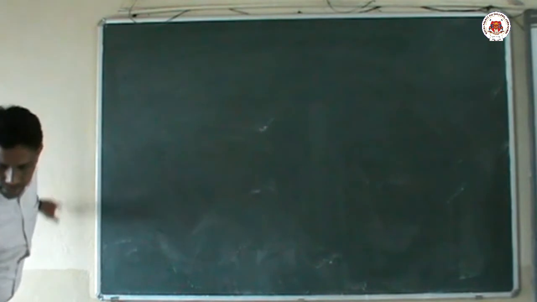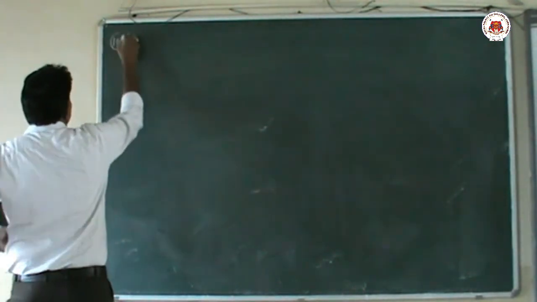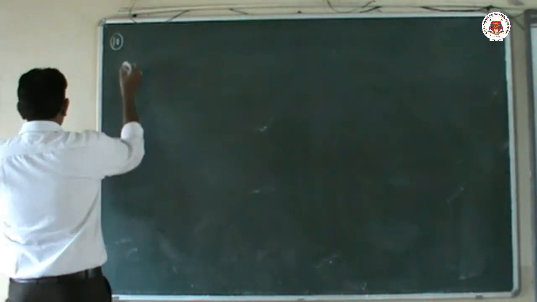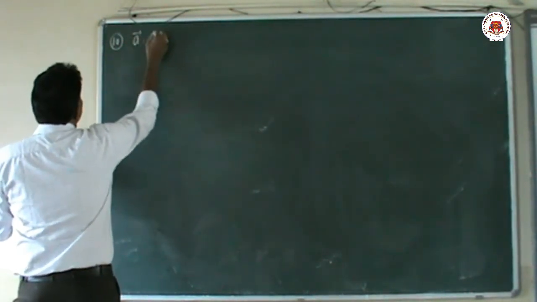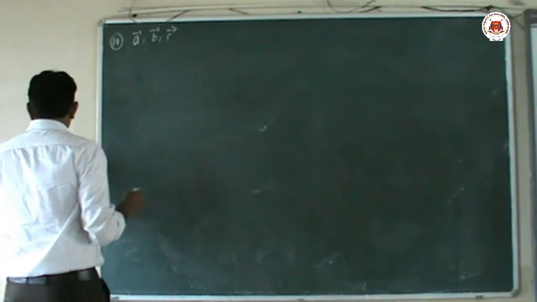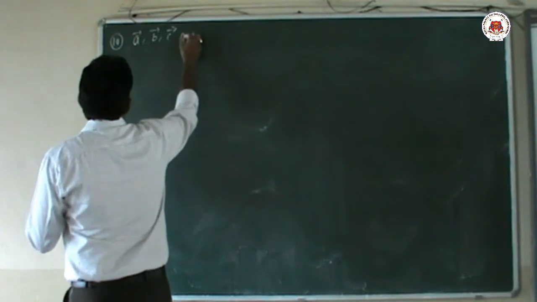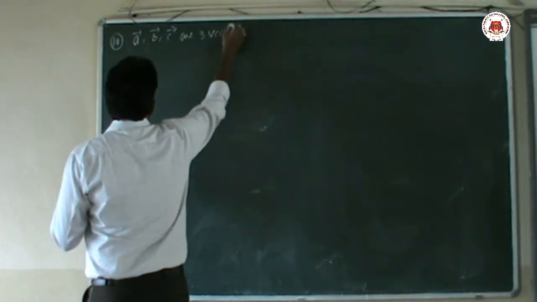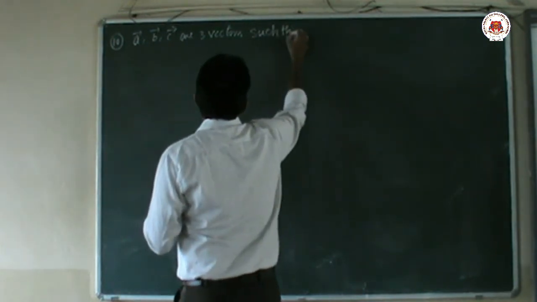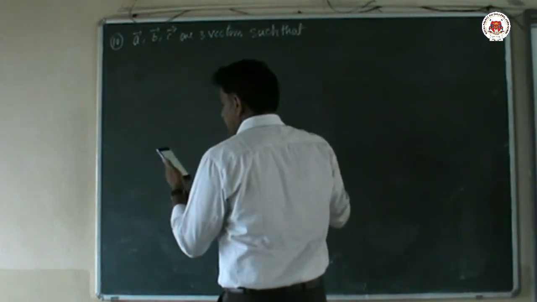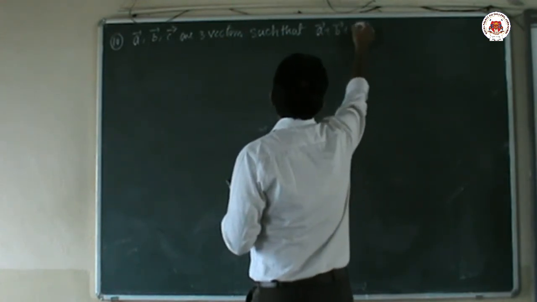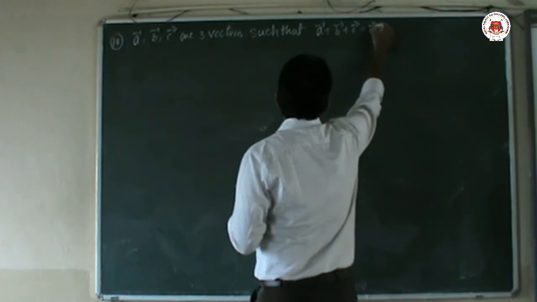We will go to discuss the next problem. The next problem is: if vector A, vector B, vector C are three vectors such that vector A plus vector B plus vector C is equal to 0,